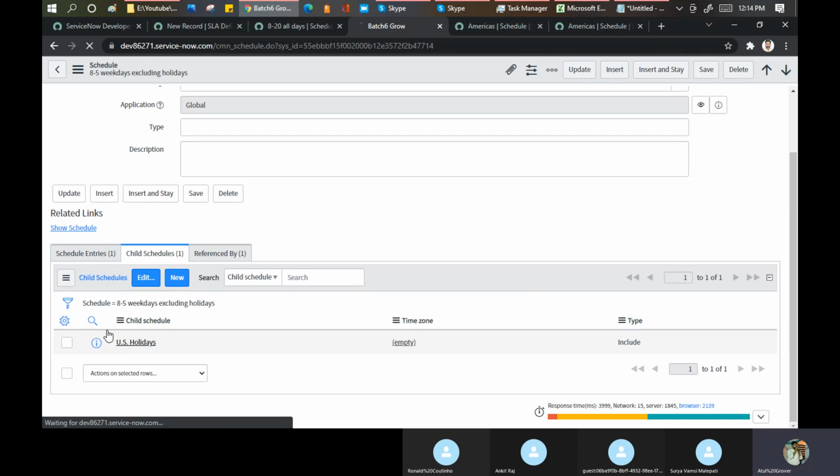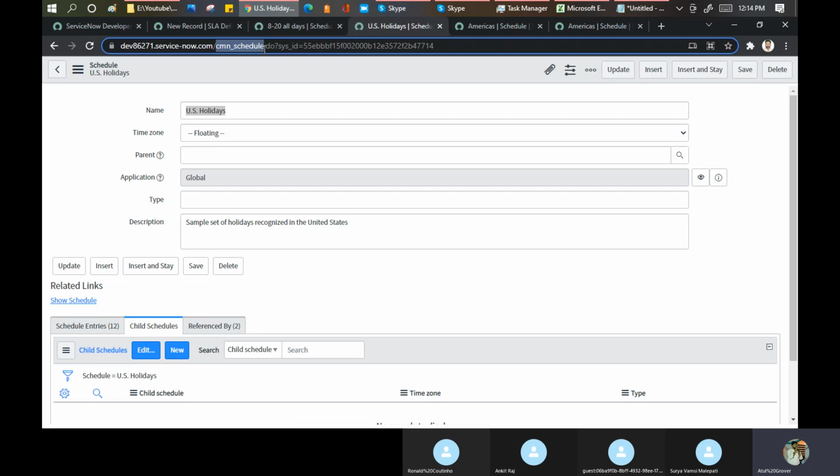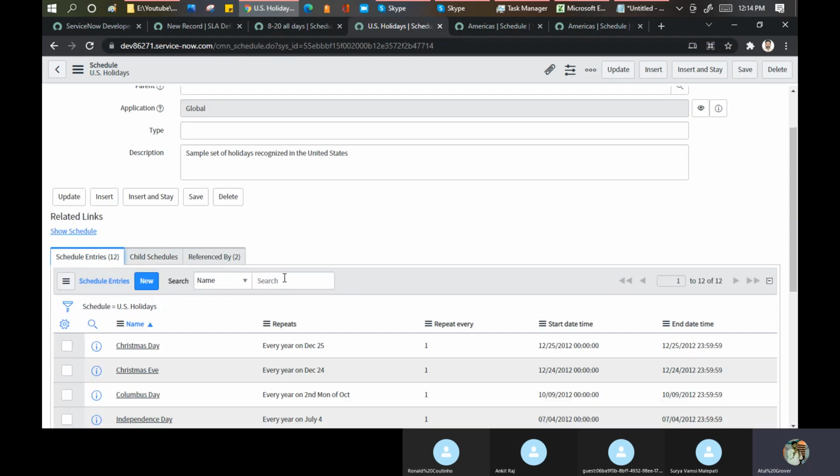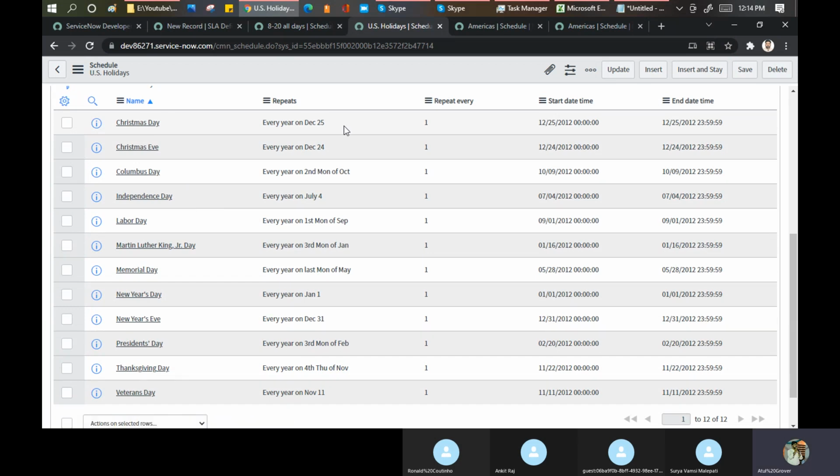I open this. See, the table name is still the same, CMN schedule. And in this, they are saying holidays. Okay, tell me what holidays are there. So they define their holidays like this here: Christmas Day 25, 24, 2 October Columbus Day, these are fixed for me.